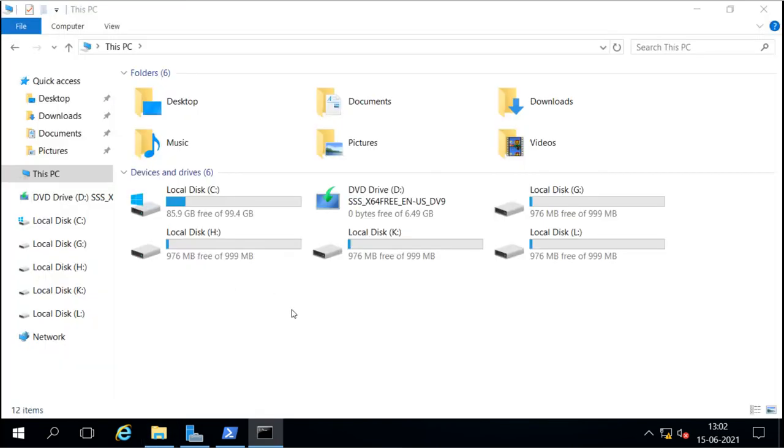And you can see this G, H, K, L of 1 GB each.